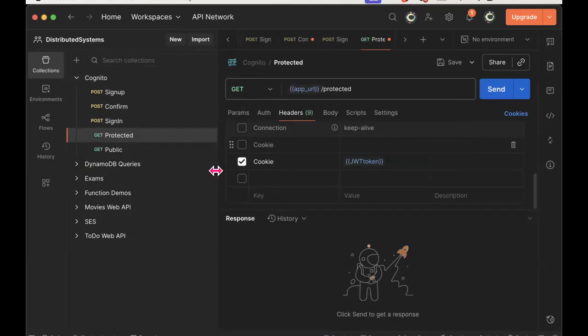Now, where do we include the cookie, or sorry, the token? And the token is going to be in the cookie request header. So the token is returned back to me when I log in as a cookie, and I'm also sending it as a cookie in my requests. So I need to enable the cookie